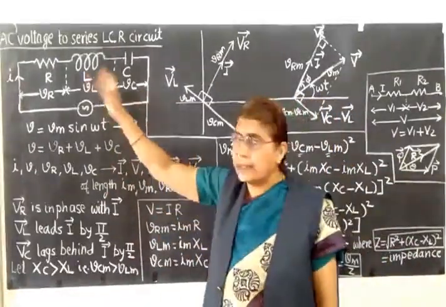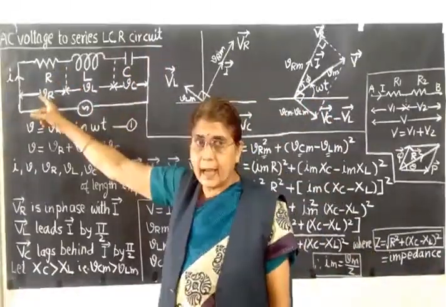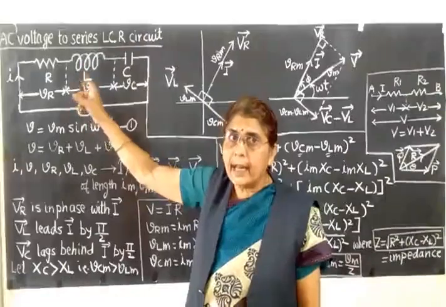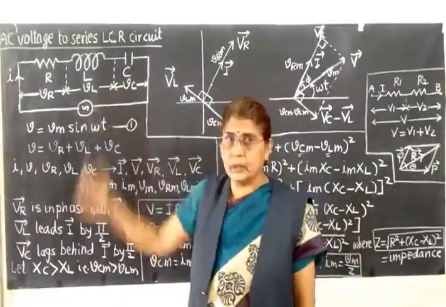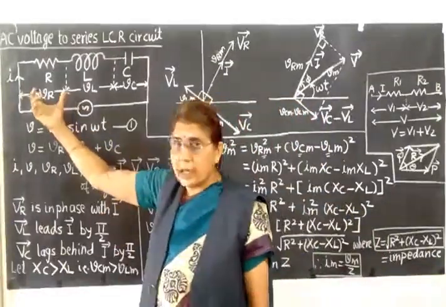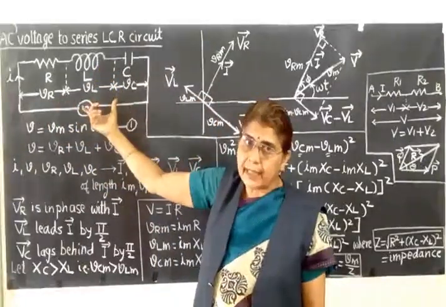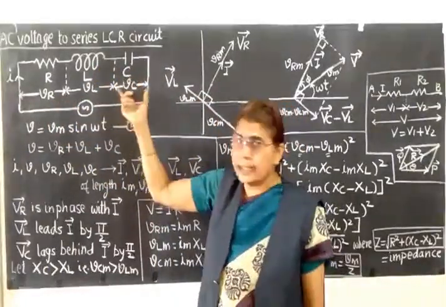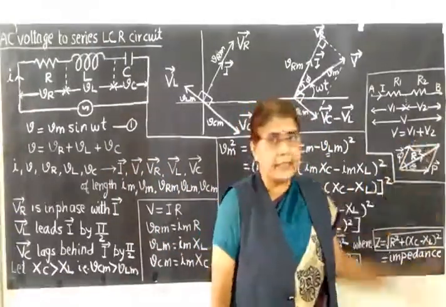Here we don't have the resistors here. We have three different components. One is resistor R, inductor L and capacitor C. They are connected in series across the AC source. Let us say the voltage across R is VR, voltage across L is VL and the voltage across C is VC. So very easily you can make out using this equation.